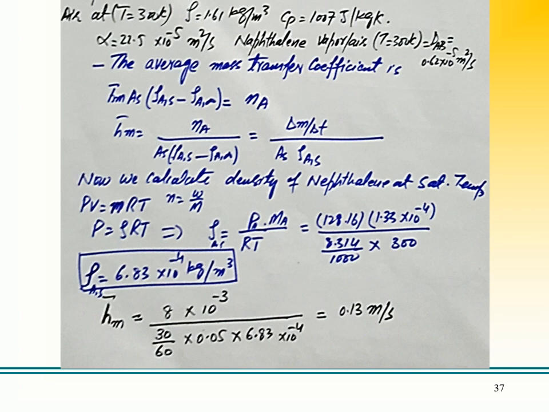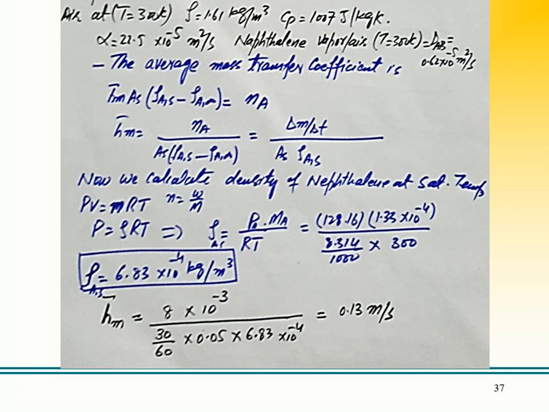As for the number of moles, we can find the mass transfer per unit time as delta M by delta T, right? So it is delta M by delta T over AS, rho AS, and rho infinity is basically 0. We are given it is equal to 0. So we have the value for h bar M. Now we calculate the density of naphthalene at the saturated temperature. PV is equal to mRT, PV is equal to rho RT,